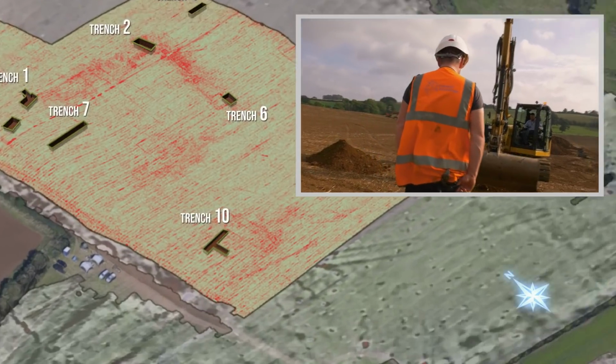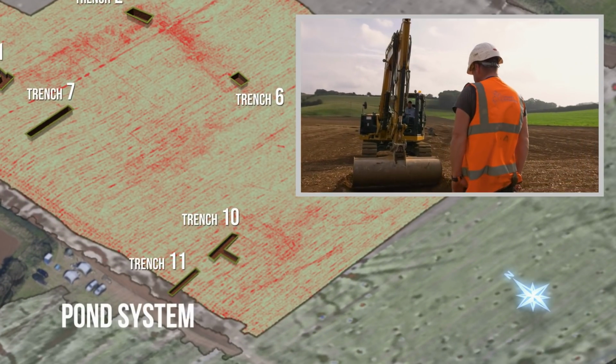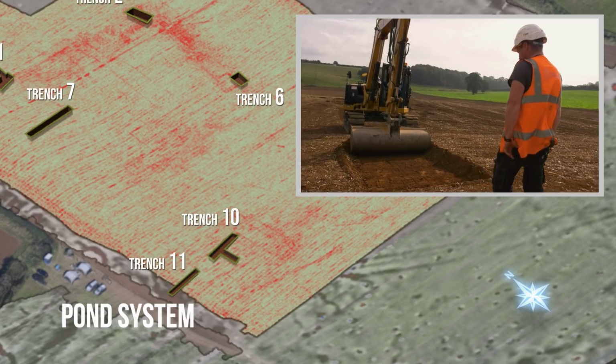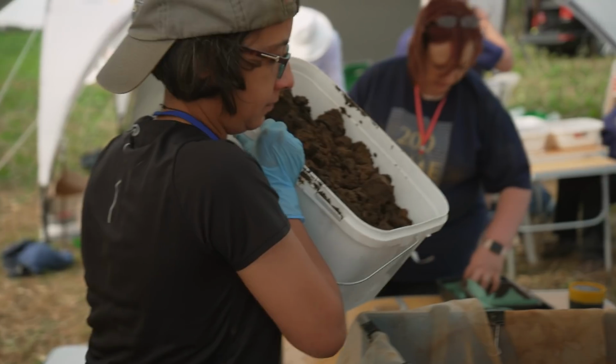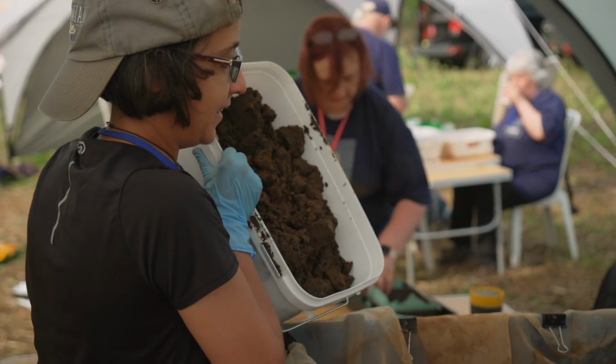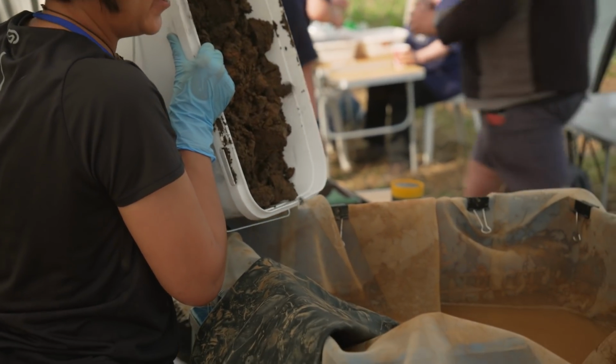So, with less than a day to go, we're putting another trench in to try and find out whether the ponds were industrial or decorative. You just pour it in. Yeah, just stand back. Yeah, that's messy. Right,